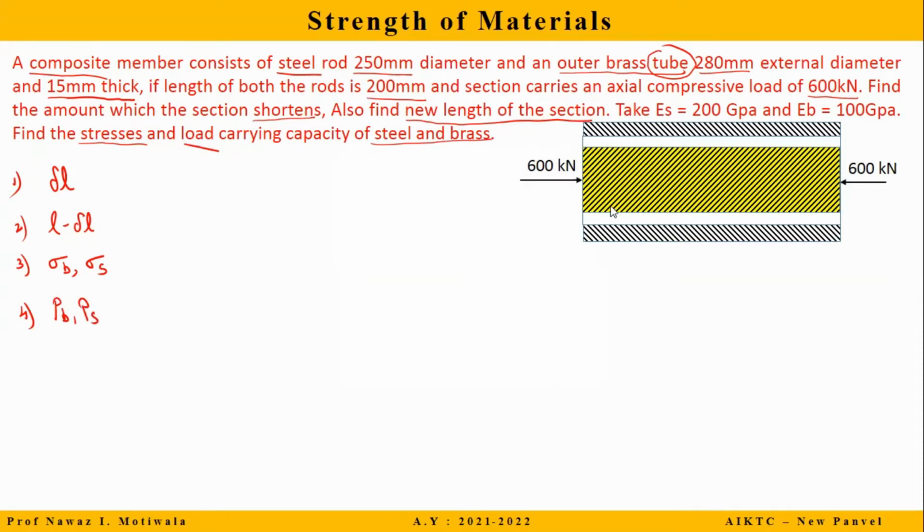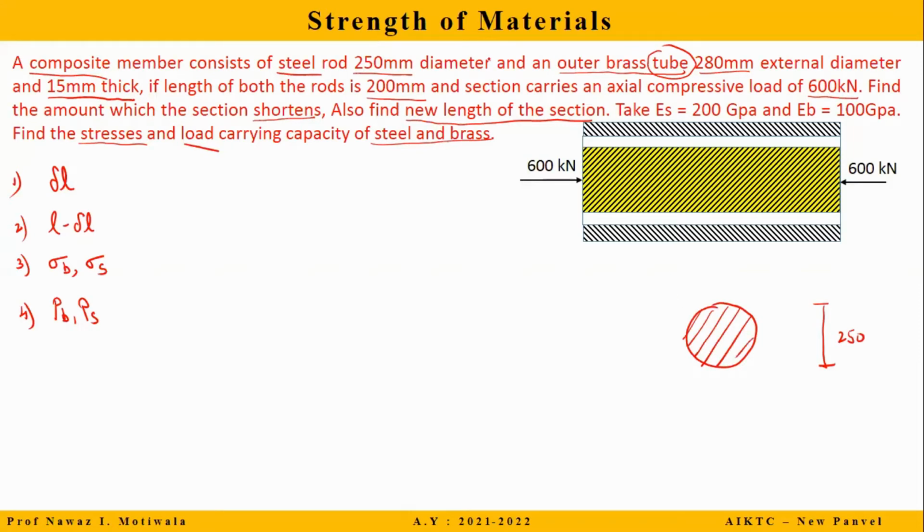So next, these kinds of problems are better solved when we also make the side view. This front view is already given. I will also make a side view. In the side view, by reading the question, a composite material consists of a steel rod, 250 diameter. So I will make this as my steel rod and let us say the diameter of this is 250. This is the steel rod which I will now be hatching.